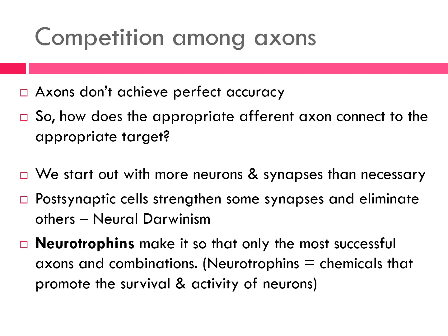So the axons follow the chemical gradients to the appropriate locations, but axons don't achieve perfect accuracy in finding a particular neuron that they need to communicate with. So how does the appropriate afferent axon connect to the appropriate target? Well, it turns out we start out with many more neurons and synapses than are necessary. I'm going to talk about this at the beginning of next time, how this was discovered in the peripheral nervous system. But we have all this proliferation, all this synaptogenesis, and then we're going to see